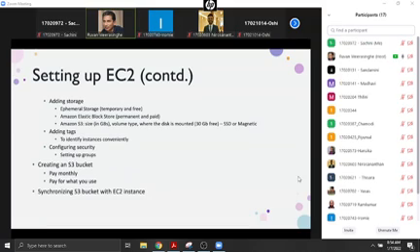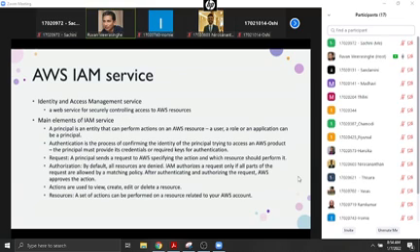So you set up your instance and then you say, okay, but I'm going to store my stuff on S3, and not in your virtual machine, because you're going to stop it. Very important: you have to stop it, otherwise you will lose your credit.